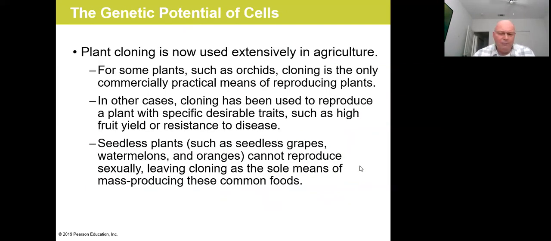So where have we used plant cloning? Well, have you ever eaten a navel orange, or a seedless watermelon, or seedless grapes, or any other plant fruit that is seedless? Obviously, if they don't have seeds, you can't grow them from seeds. So how else are you going to grow them? You grow them by cloning them. So in the case of oranges and grapes, I can tell you how that's done. I'm not entirely sure how they do seedless watermelons, but I know how they do seedless grapes and seedless oranges,